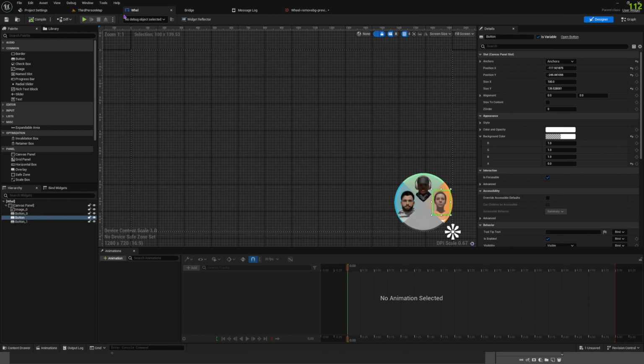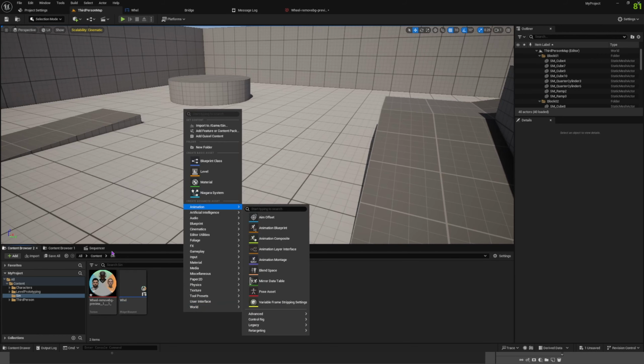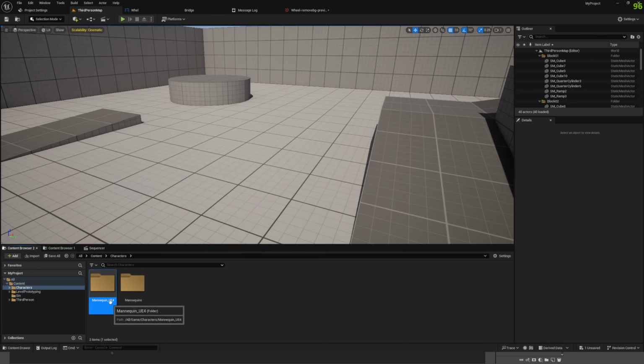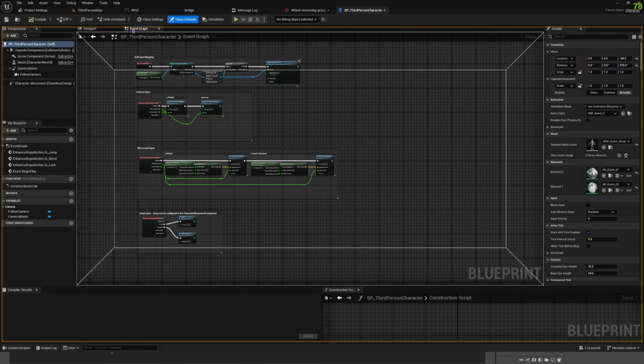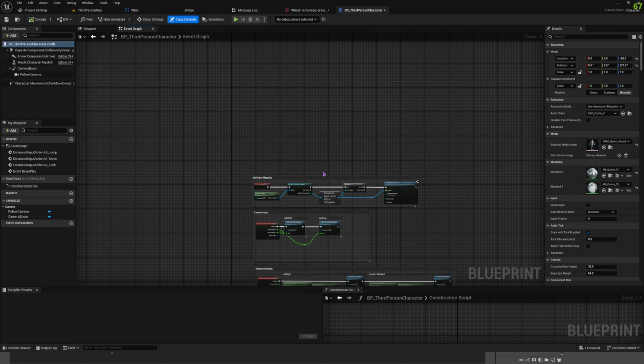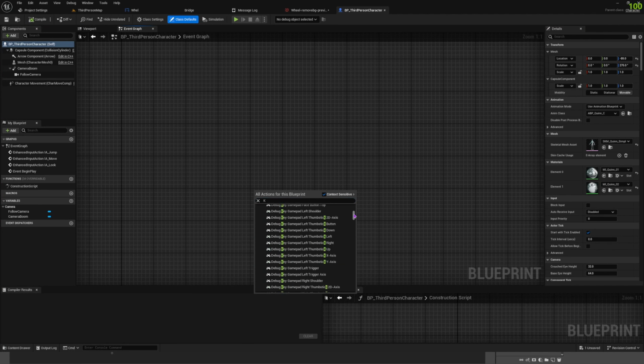Okay, so then you go to the third person BP characters. Now in the third person blueprints, you can go to the event graph. For me, you can do it like an event begin play. What I'm gonna do is, if you press K, okay, I'm gonna quickly